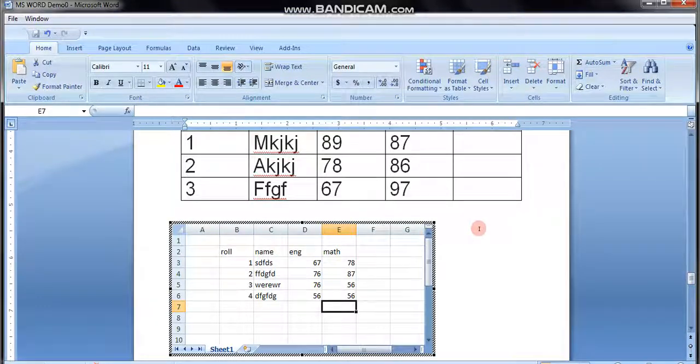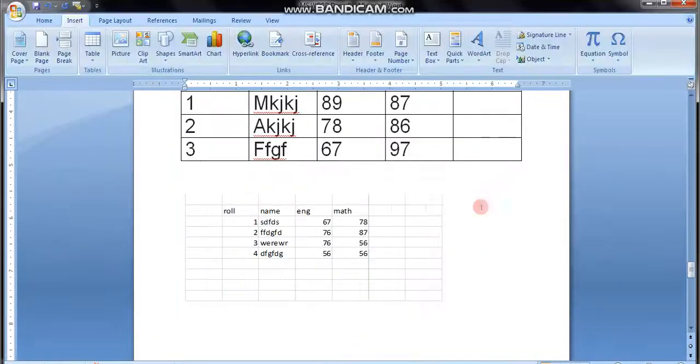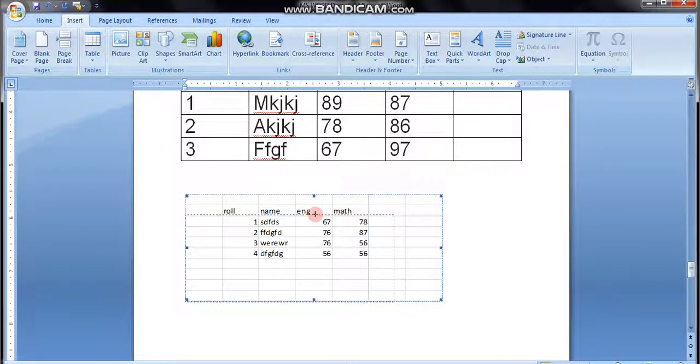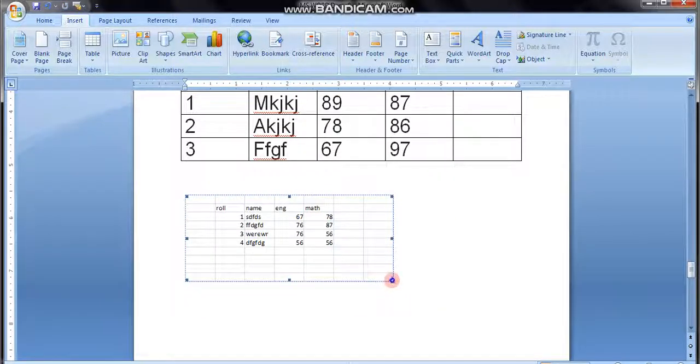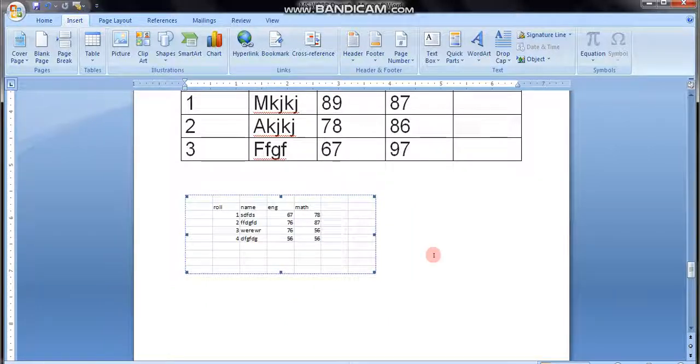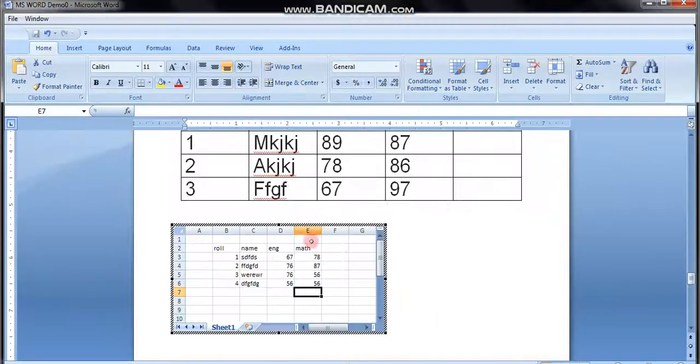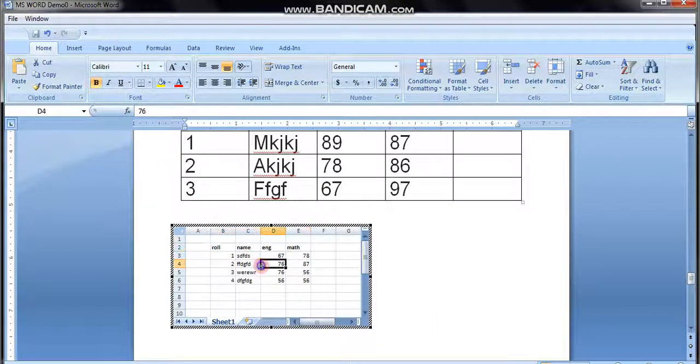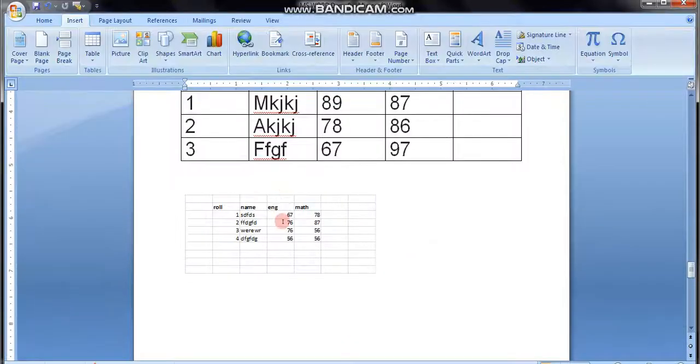Now, clicking outside, you can check, the Excel will go from the screen. So this is how we can import the data from the Excel sheet. As an object, we can reduce the size of it as well. Fine. And double clicking, we can go back to Excel as well. We can modify the data. We can change the content of the data, anything. So every time we need any kind of modification, just simply double click on it.